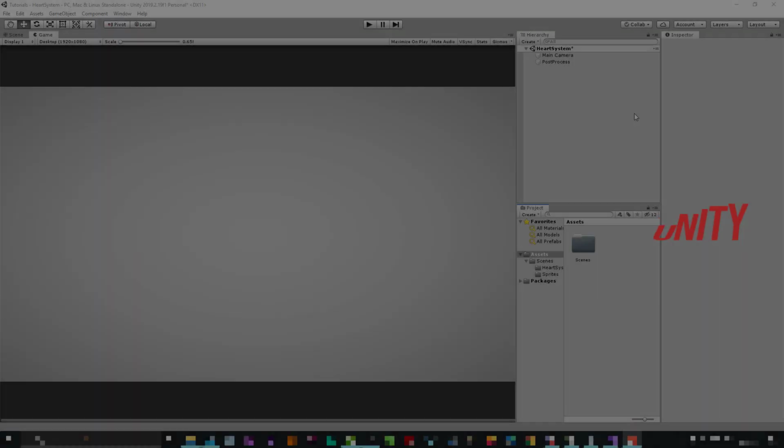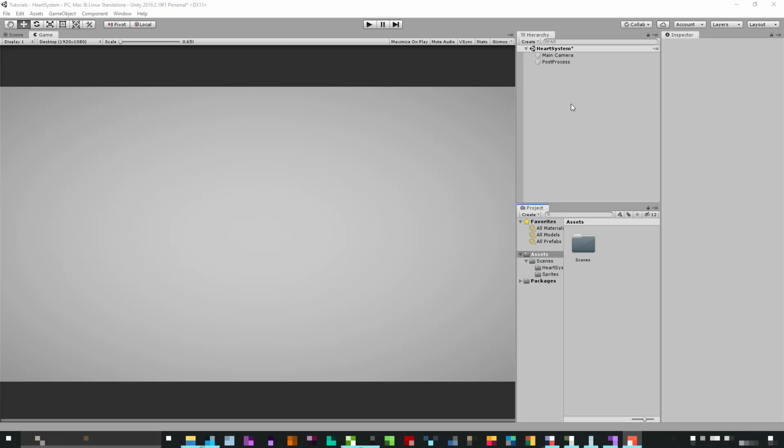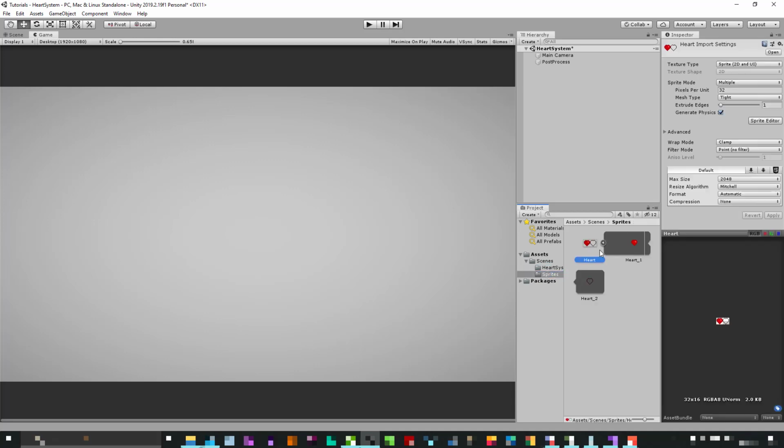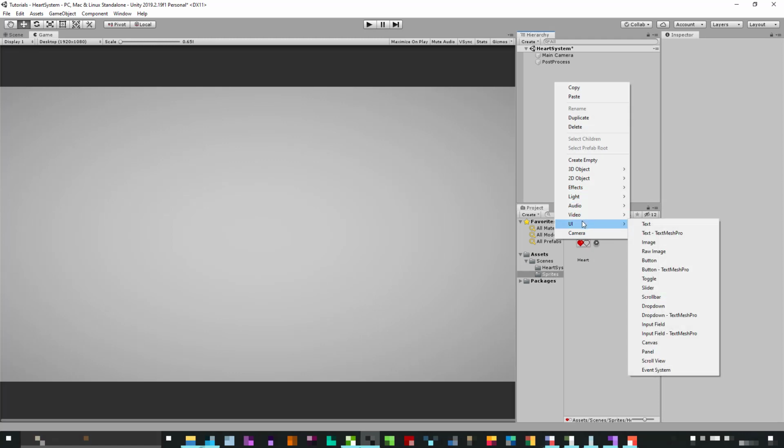Okay, so I have opened up a very simple scene in Unity. I have also imported a heart sprite that will be used to display the heart. You can of course use your own sprites, and if you want to use this one, the link will be in the description below. Okay, so the first thing that we want to do is right click on the hierarchy